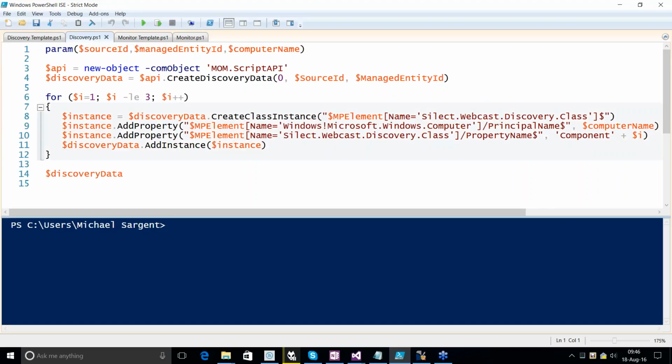The first 3 lines and the last line are going to look very familiar. What we're going to do here is iterate over 3 times. We're going to create 3 class instances here. We have replaced the class name from the previous example with this class name,